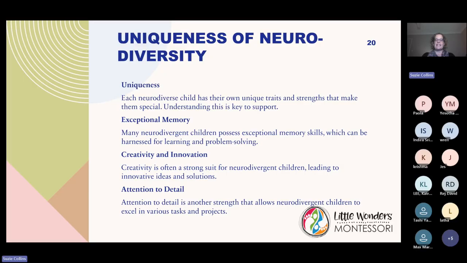Again, we talked about creativity. It's often a strong suit for neurodivergent children, leading to innovative ideas and solutions. And goodness, their attention to detail is another strength that we should harness and focus on. They're able to excel in a whole variety of tasks and projects because of the attention to detail that they present.